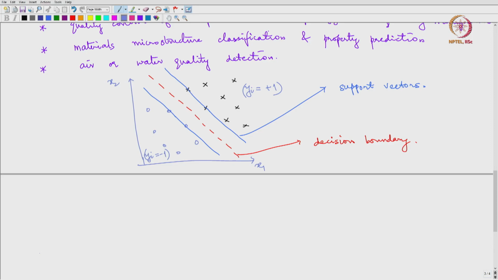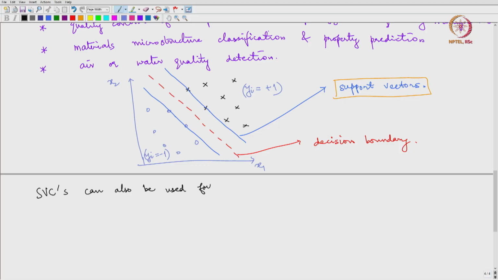Now you must be asking, is the support vector machine model restricted to a linear decision boundary, because the way I have drawn it, or even a hyperplane typically, is a linear construct, it depends linearly on the features. So can you not use it for non-linear decision boundaries? It is a very valid question, and the answer is yes. Although I have drawn a linear separating hyperplane here, as we will see later, note that SVCs, support vector classifiers, can also be used